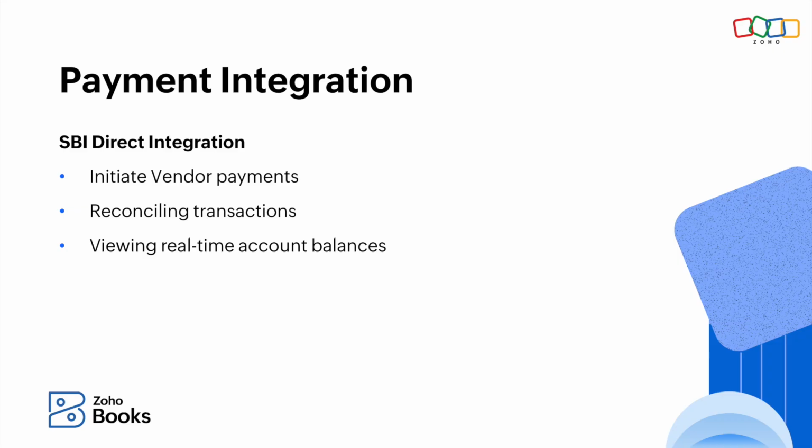Next, we'll see the launches related to payment integration. As you all know, if a user is registered in the Indian data center, they can make vendor payments directly from Zoho Books. Previously, HSBC Bank, Yes Bank and Standard Chartered Bank were directly integrated with Zoho Books. In addition to these, State Bank of India, one of the largest banks in India, has integrated with Zoho Finance Suites. By integrating State Bank and Zoho Books, we can now make vendor payments. We can also fetch the transactions from the net banking site and reconcile them with the Zoho Books transactions, and we can also view the real-time account balances here.